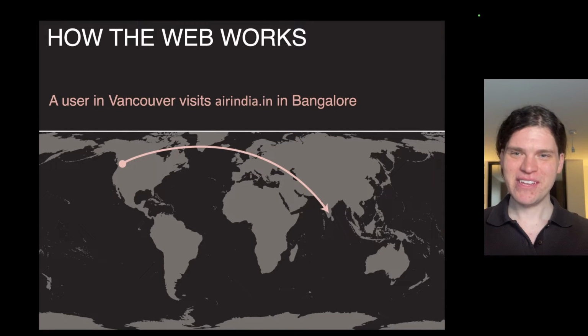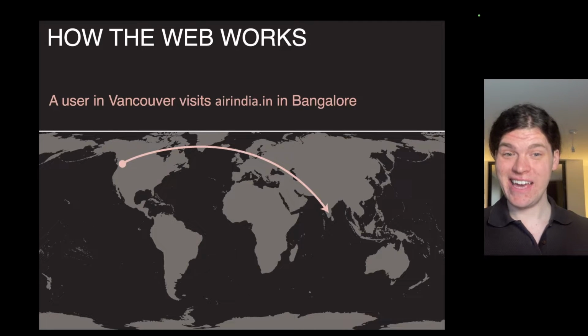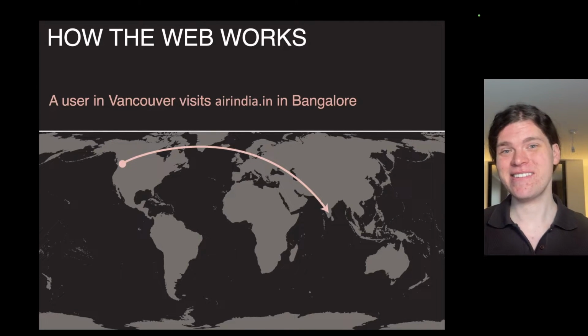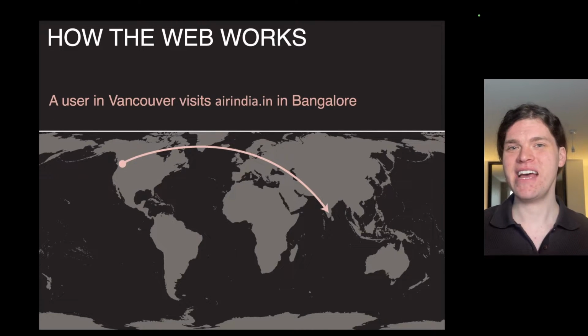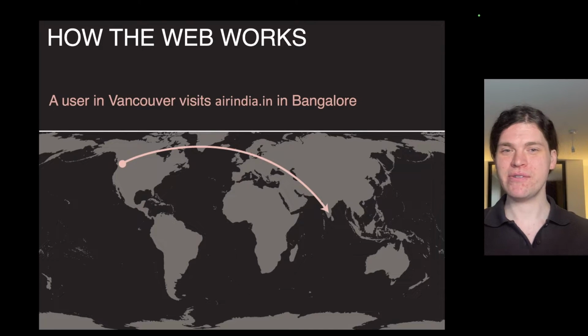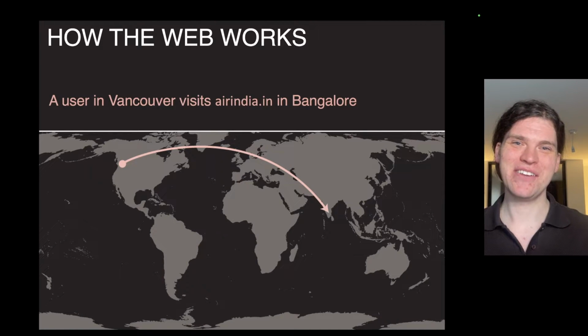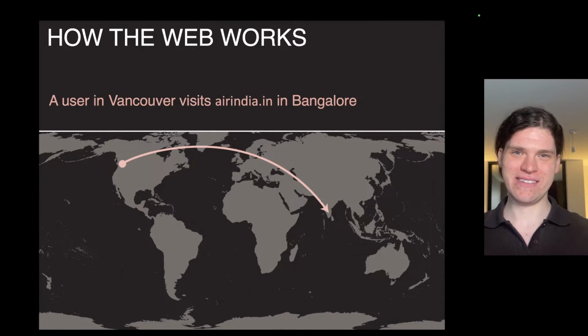Let's see another example of this. So if, say, we were a user in Vancouver and we wanted to visit airindia.in, well, in this case, the IN domain indicates that this site, Air India, may well be hosted in India itself, in a server somewhere in India. I should add a note of caution that isn't always the case,